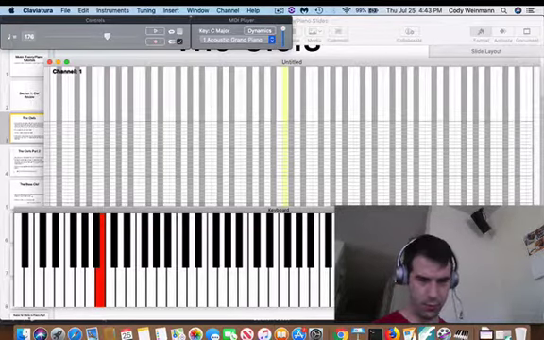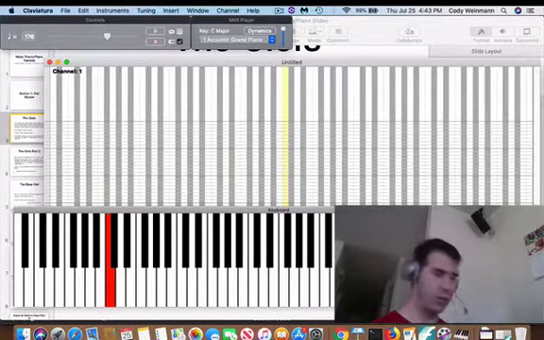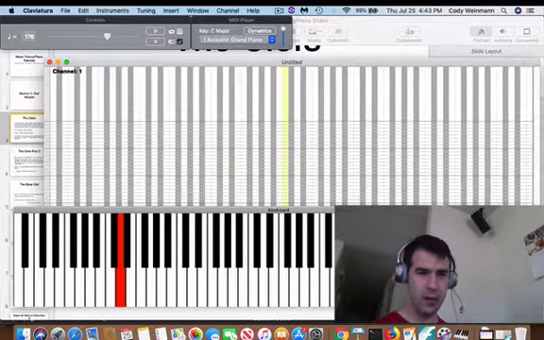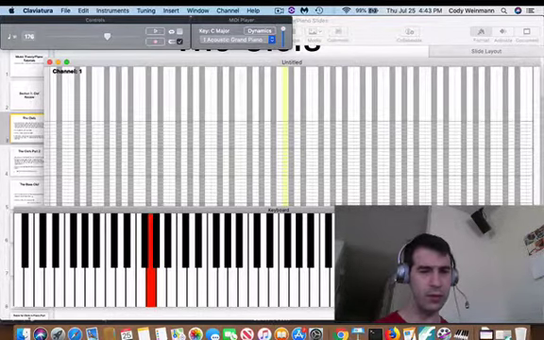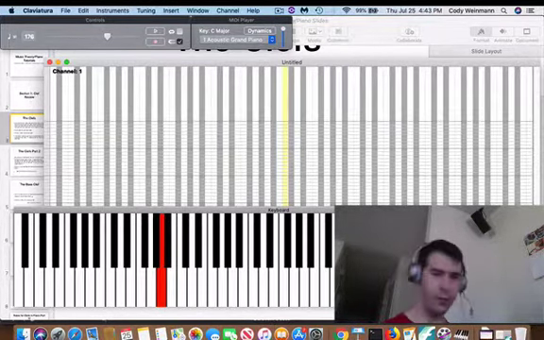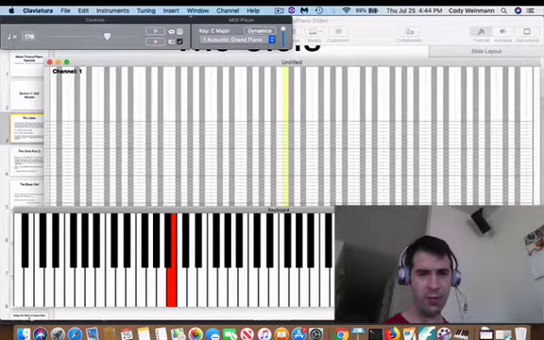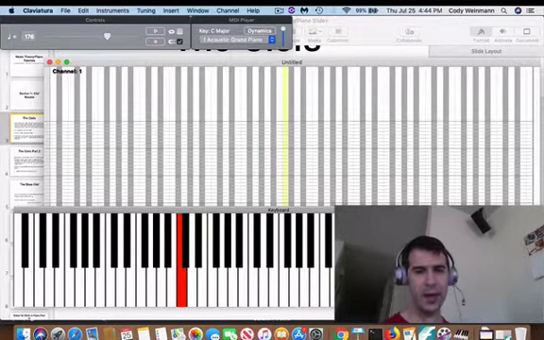B2, C2, D2, E2, F2, G2, ending the second octave, going to the third, A number 3, B3, C3, D3, E3, F3, G3,